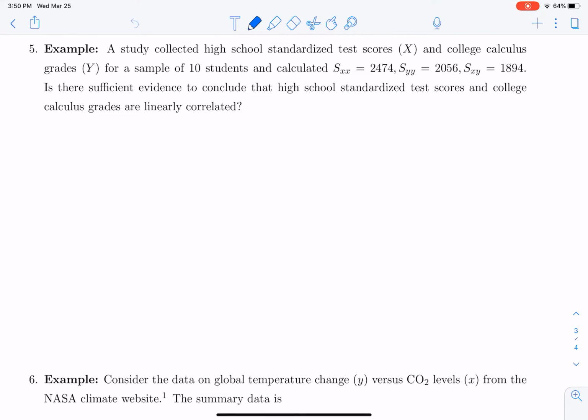Let's move on to some examples. A study collected high school standardized test scores, X, and college calculus grades, Y, for a sample of 10 students and calculated S of XX to be 2474, S of YY to be 2056, and S of XY to be 1894. Is there sufficient evidence to conclude that high school standardized test scores and college grades are linearly correlated? So essentially, we want to know whatever this test is